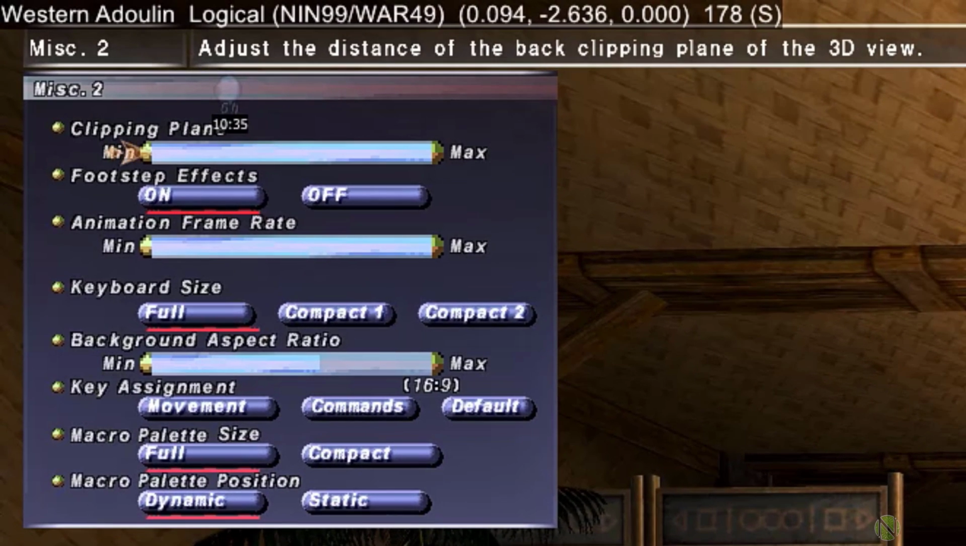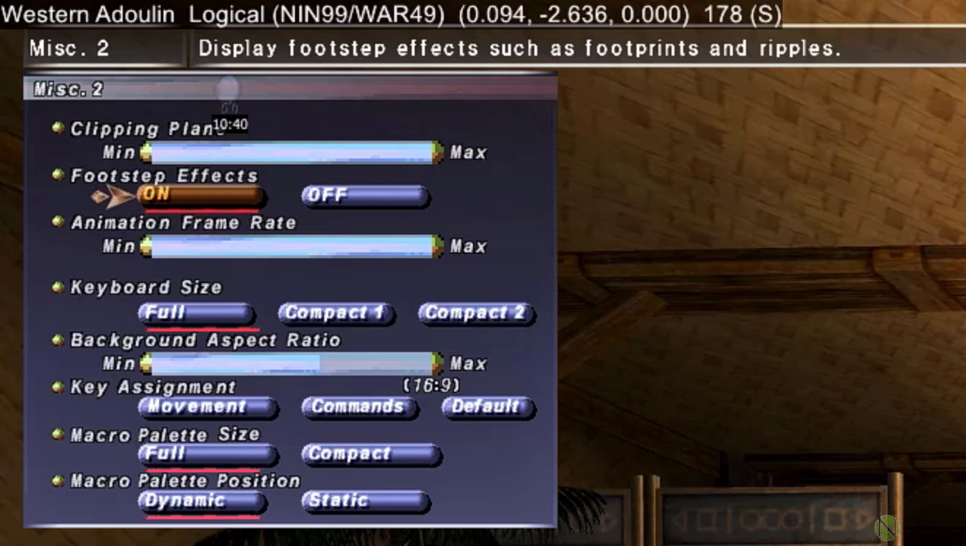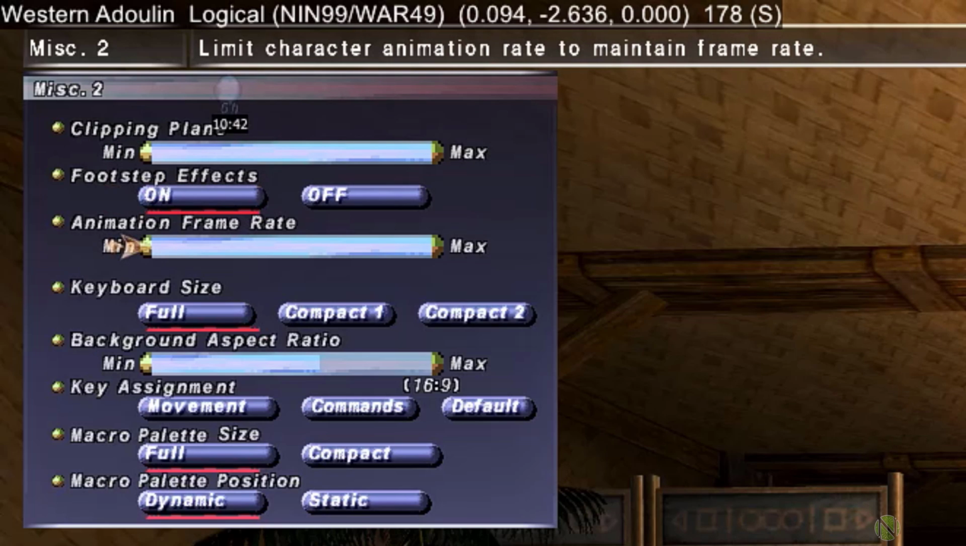First option here is clipping plane. What this is going to do is affect how far from you things are going to be textured and drawn, so you want to have that at the maximum setting at all times. Footstep effects is the sound you hear as you're walking, so go ahead and keep that on. Animation frame rate is always supposed to be at the maximum, so the maximum amount of animations are being shown